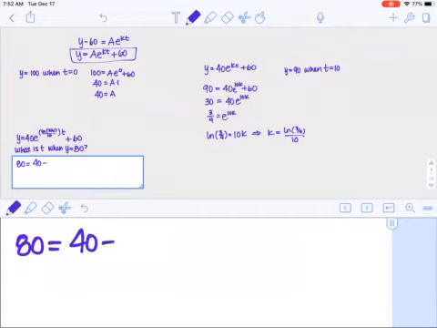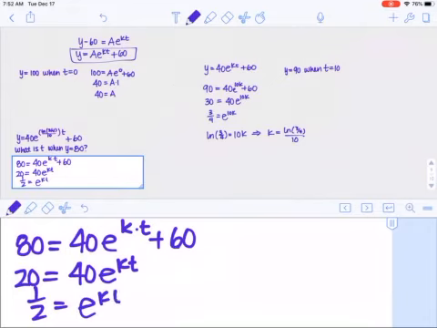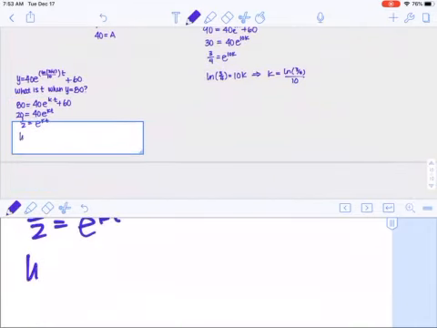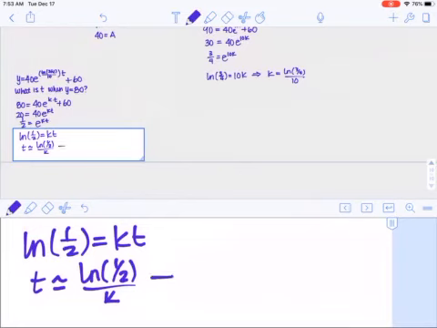So 80 equals 40 e to that, I'm going to have that k value just be there so I don't have to write it again, plus 60. If I subtract the 60, I get 20 equals 40 e to the kt. If I divide by 40, I get 1/2 equals e to the kt. Take the natural log of both sides: natural log of 1/2 equals kt. And you can say t is ln of 1/2 divided by that k value stored in your calculator. So what we found is t is approximately